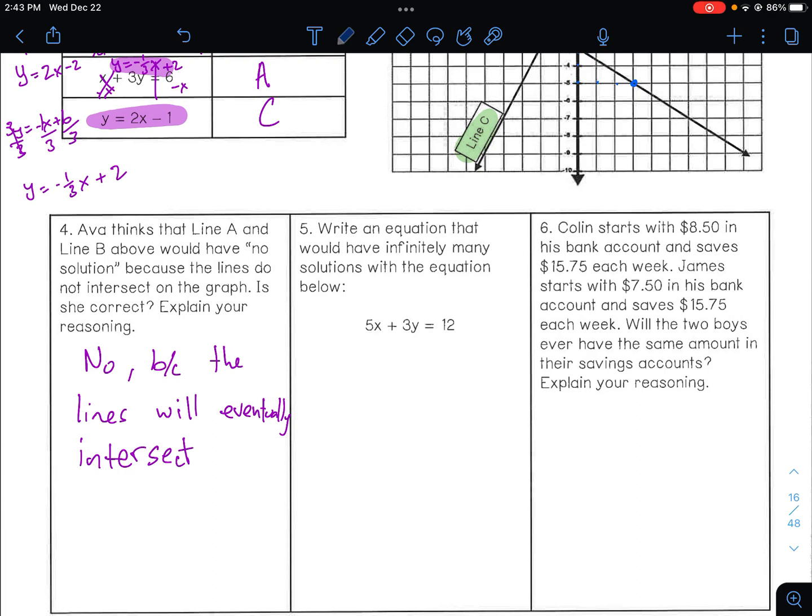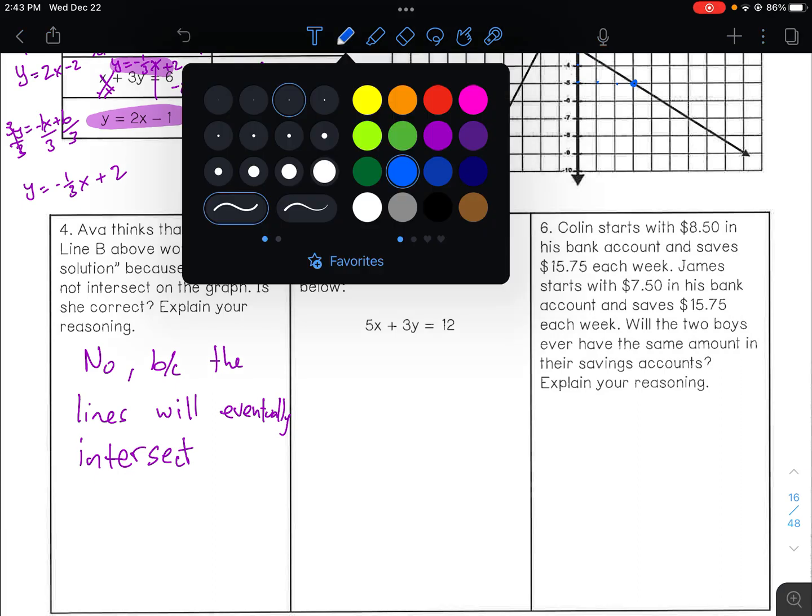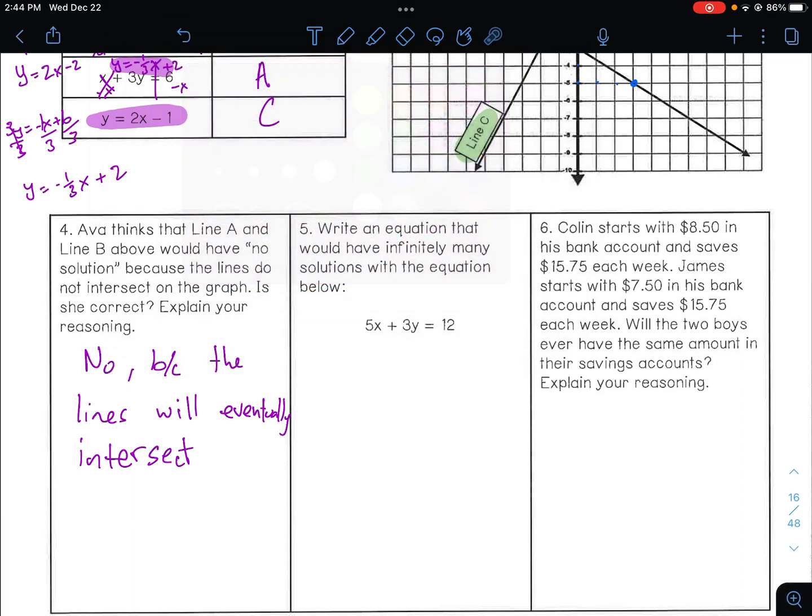How do we figure it out? Well, we can do that algebraically. We'll learn about that later. All right. Write an equation that would have infinitely many solutions with the equation below. I know. How about 5x